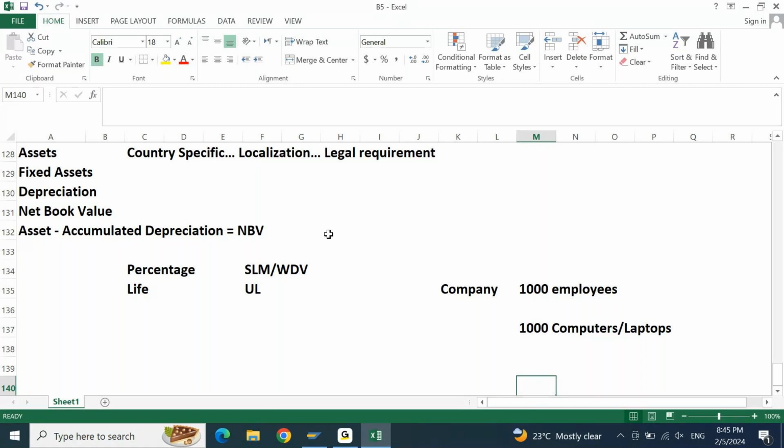In order to consolidate, you should have the common logic, common approach applicable for everywhere. In India, I am following Indian accounting standard. In US, I am following US GAAP. In Singapore, I am following Singapore GAAP. I cannot have the common approach through which I can do my consolidation. Consolidation means doing a total. Three different methods I cannot total because these three are talking about three different approaches. I should have common approach to do the consolidation.